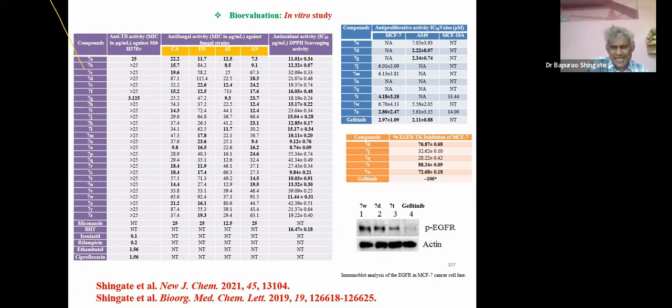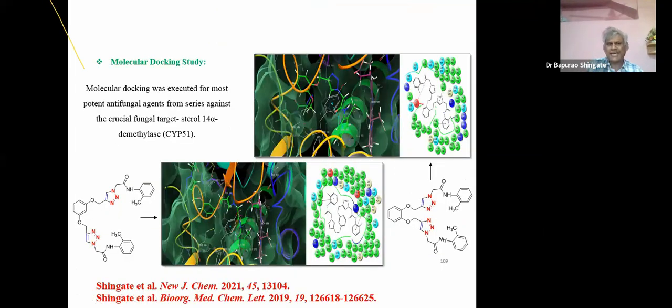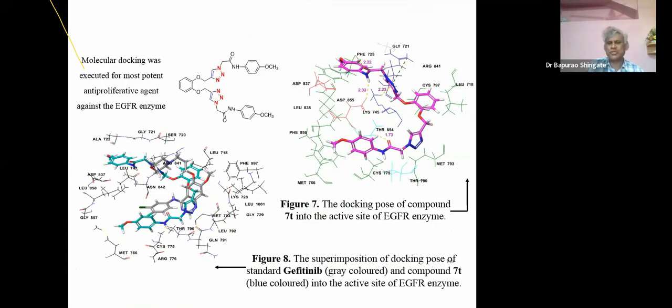anti-tubercular activity. See, accordingly, this is the structure activity relationship part, of the most active compounds for anti-proliferative, anti-TB, antifungal, as well as we have also performed their enzymatic assay against the lanosterol 14-alpha demethylase inhibition as well as antioxidant activity. Similarly, we have docked against the cytochrome P450, as well as these synthesized compounds are showing better anti-proliferative activity. That's why we docked against the EGFR enzyme, as well as we also docked against the antioxidant